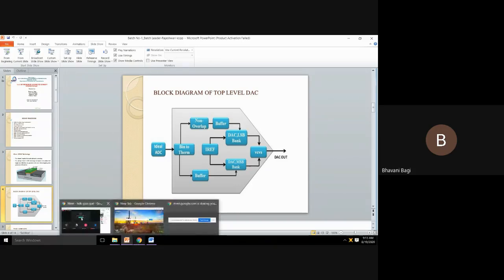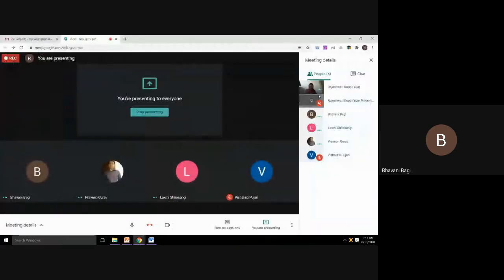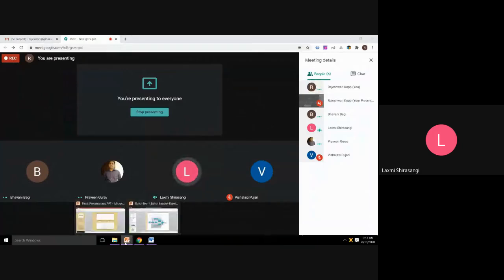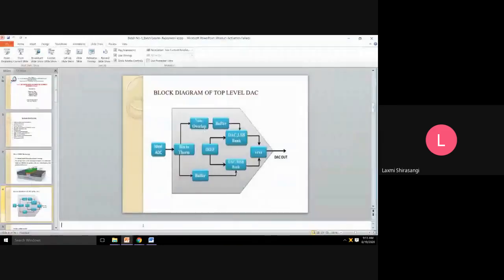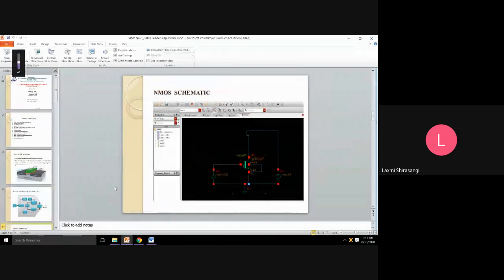Next to that is the NMOS schematic. This is the first device which we have designed in the tool. We designed this because the working needs to be identified by using this NMOS schematic. We have used a DC voltage of 1.8 volts, and this is the